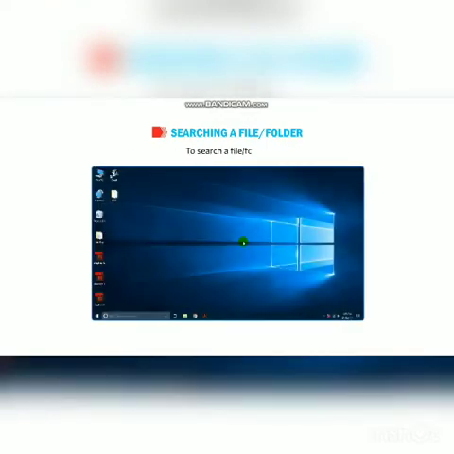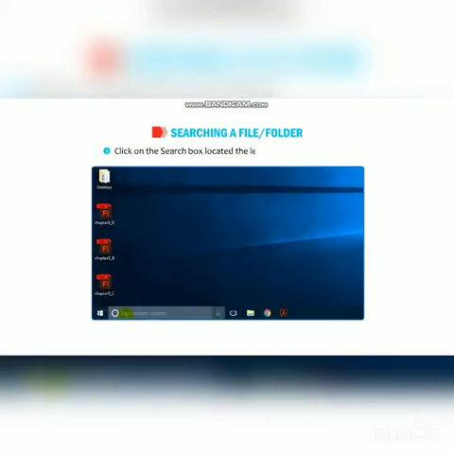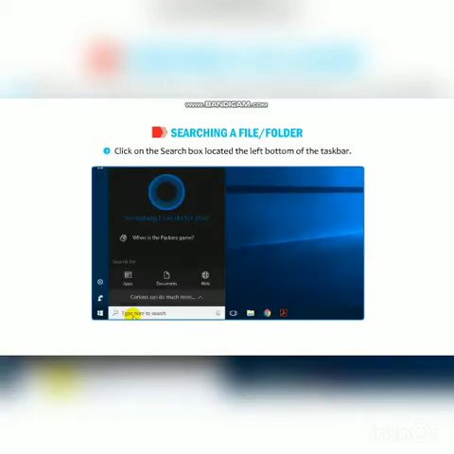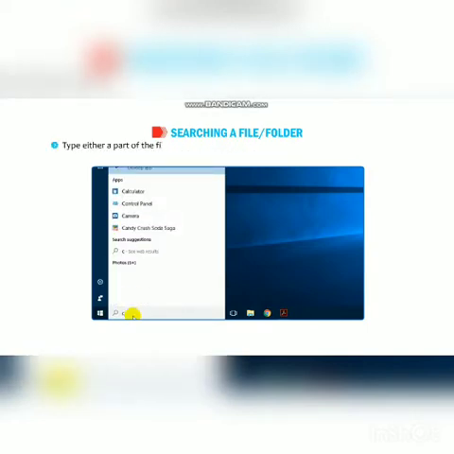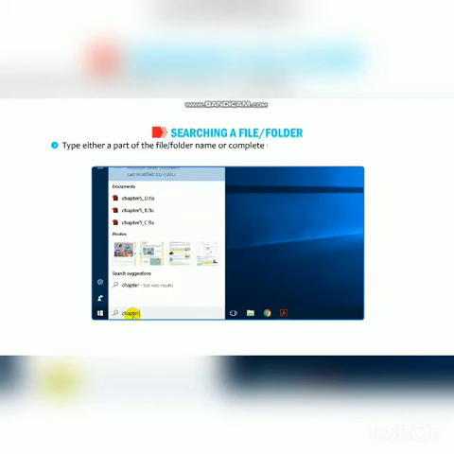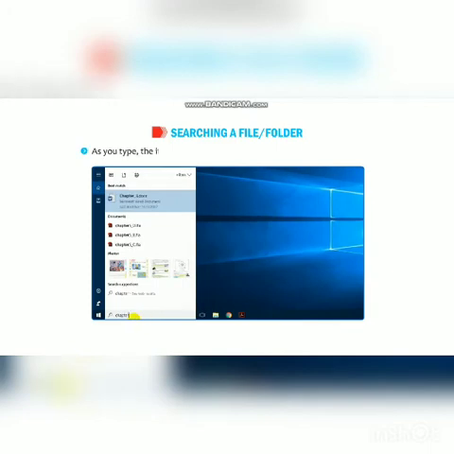To search a file or folder, click on the search box located at the left bottom of the taskbar. Type either a part of the file or folder name or the complete name, or type a word or phrase that is present in the file. As you type, the items that match your text will appear on the Start menu.